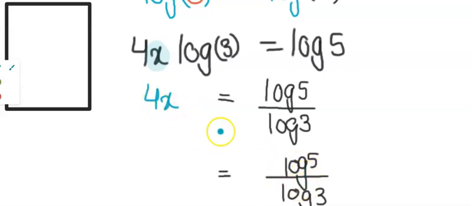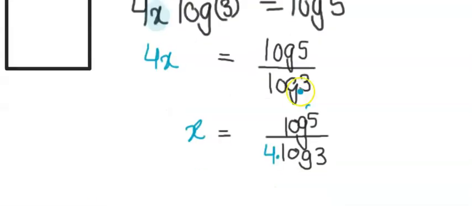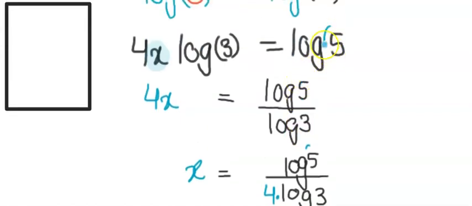That 4 which is here will come down there. And it's better to write it that way, and that will give me an x. If you put this whole value in the calculator, you will get an answer. It is a good idea to put brackets here. Now when you put that in the calculator, it will give you the answer